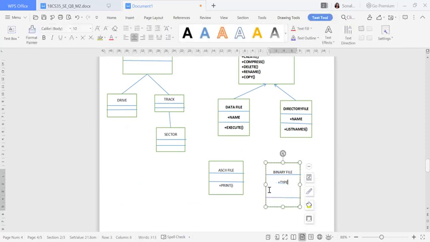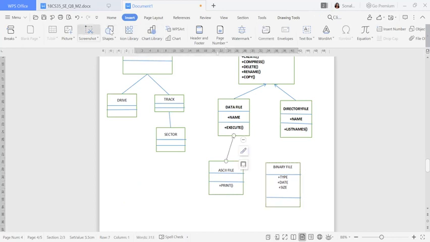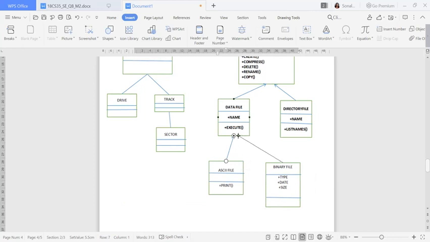Okay, type. After type, if you want to write the date, some date. So I'll write date. If you want to write the size, you can add all these things. So now I'll give the arrow marks. So this ASCII file has come from here to data file, and also binary file has come from data file.